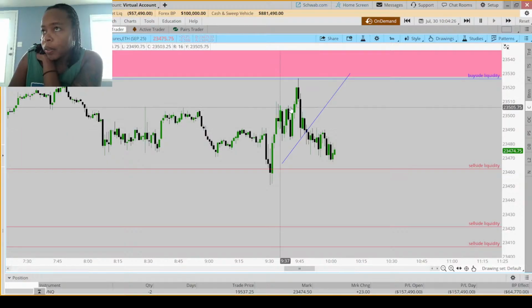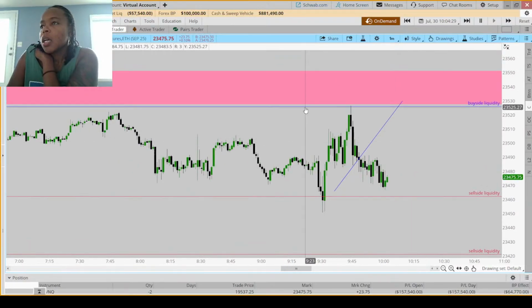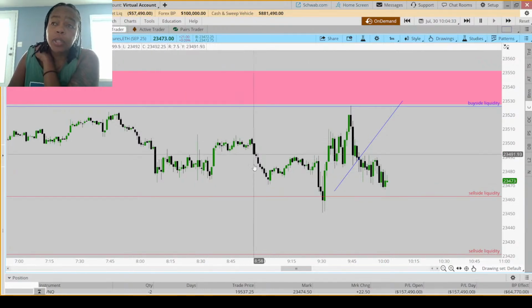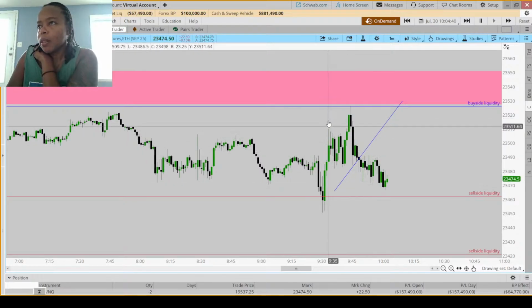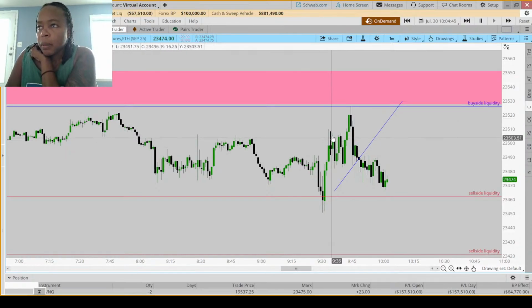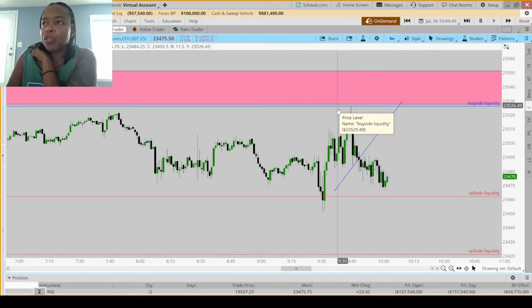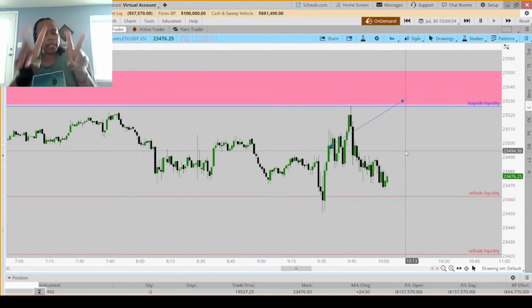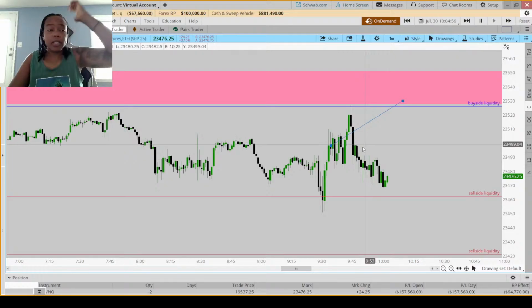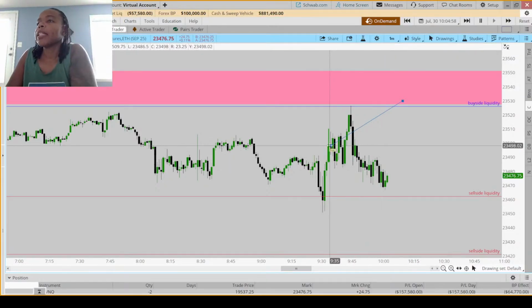But this scenario, if I'm being honest with you, for a continuation up, if I'd been paying attention, this is the sweep, this is the shift. Then when these down close candles got created, I would have wanted the next two candles to be up close green candles. And then I would have taken the long from here because that would have been the second entry type that I have for this type of setup, right? But that's not what happened.